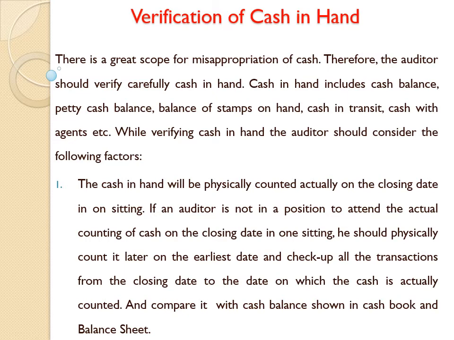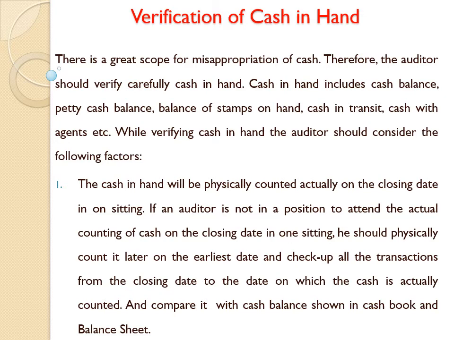There are two documentary supports for verification of cash in hand, namely the cash book. In the cash book, we can get an idea about the cash balance. So it is the duty of an auditor to see whether the cash in hand balance is correct, and it should be physically counted by the auditor